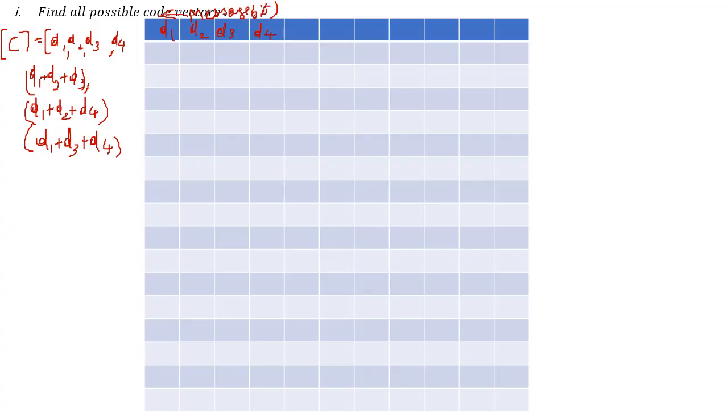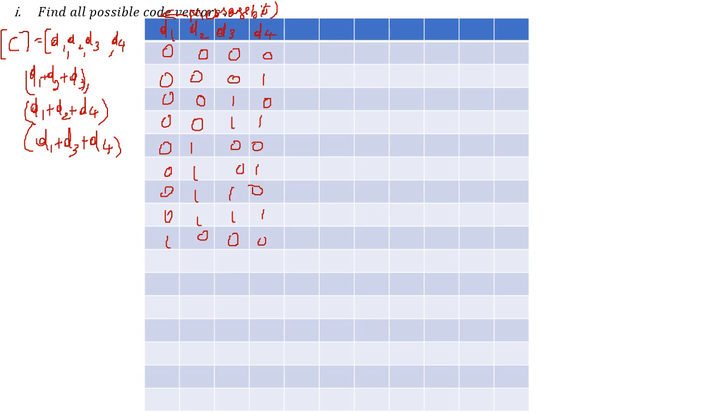and we know that you are going to have 16 possible combinations starting from 0 0 0 0 till 1 1 1 1. So 0 0 0 0, then 1, next is 2, next 3, 4, 5, 6, 7, 8, 9, 10,